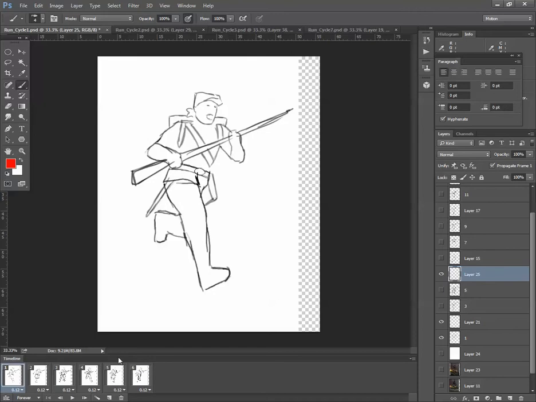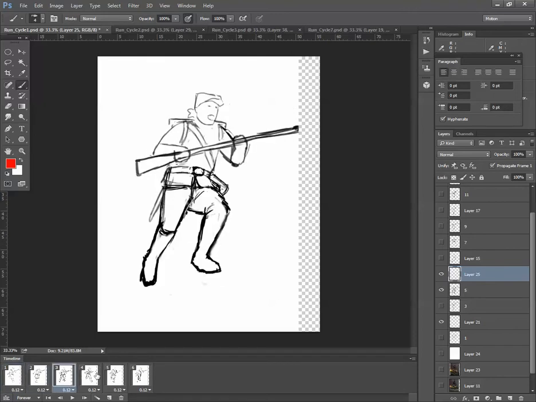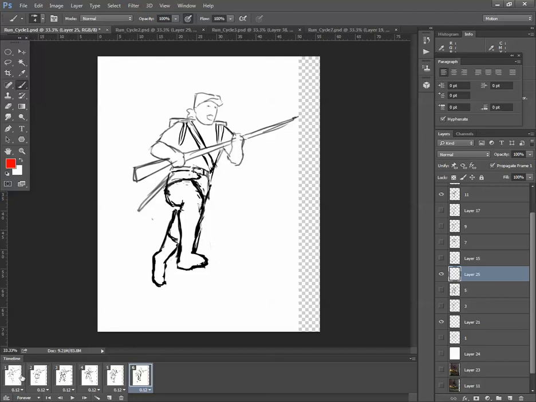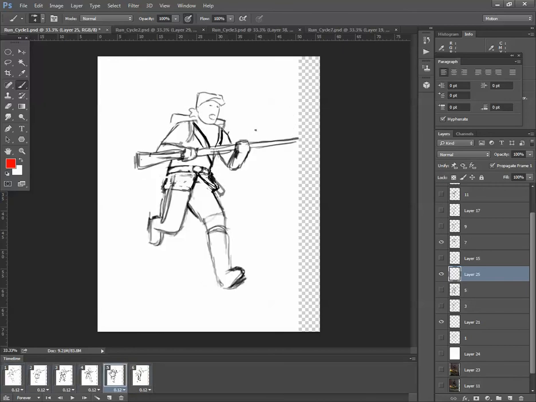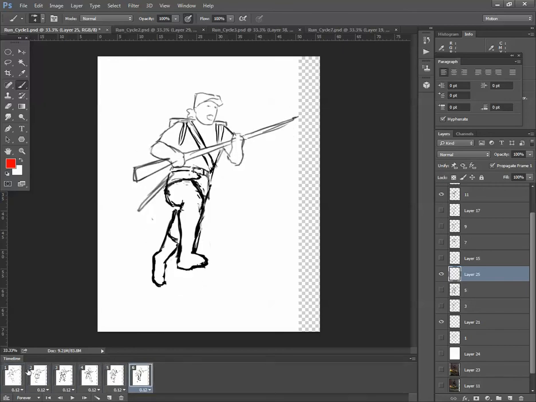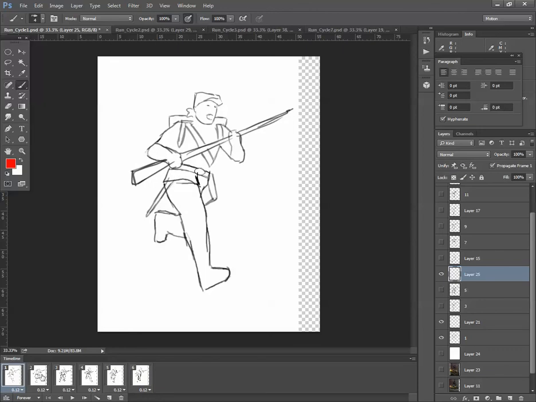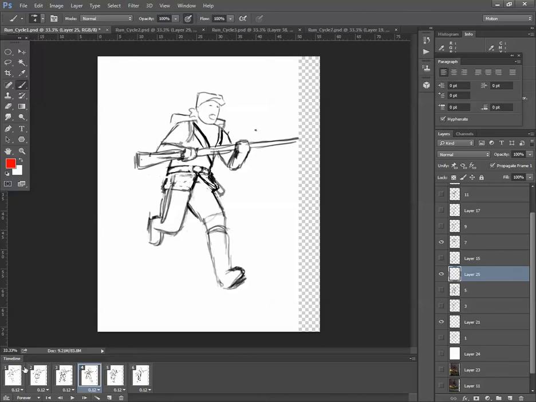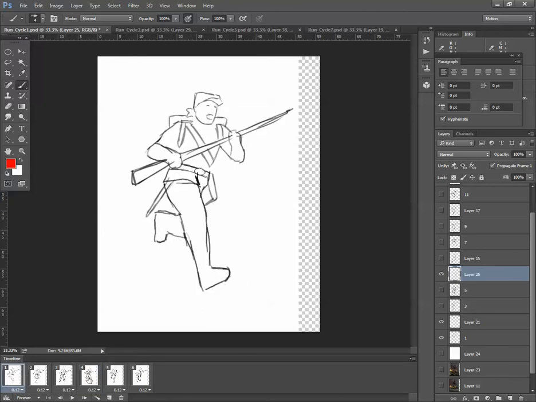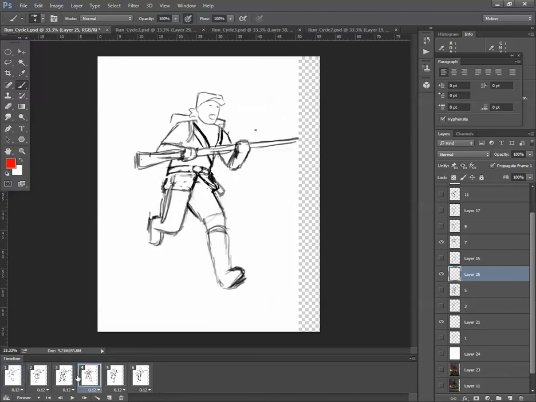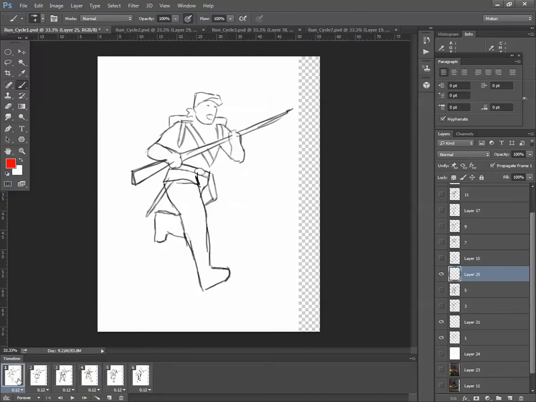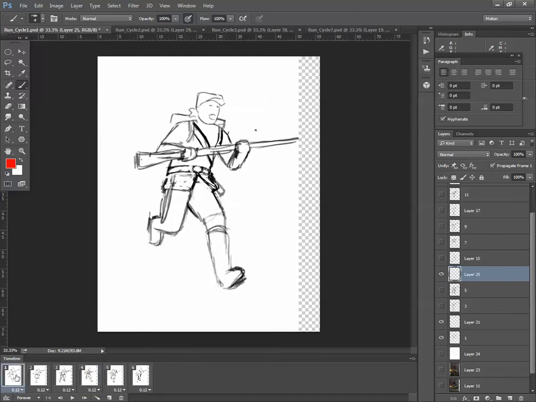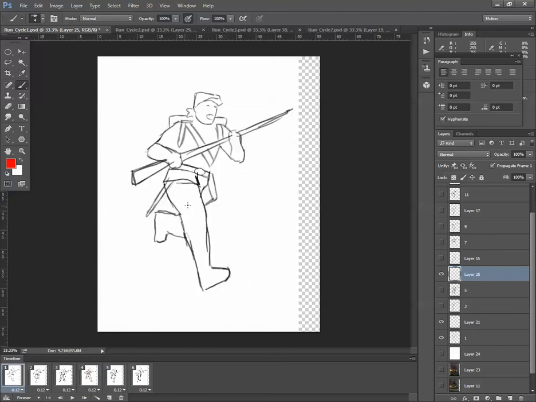So I would have drawn out and picked my frames, 6 points in the cycle that enable me to do an entire cycle, both steps, and then go back to the start. And I've looked at the reference for that and tried to pick out 6 key frames for doing it. The first ones I did were the first and fourth frames, one foot and then the other. So it's 2 entire stretches, and they were quite easy to put together because I could take the left leg, or the right leg here,